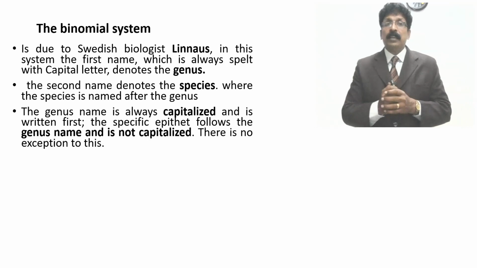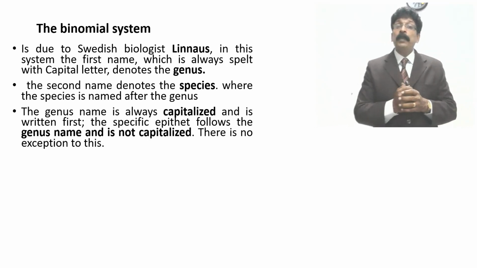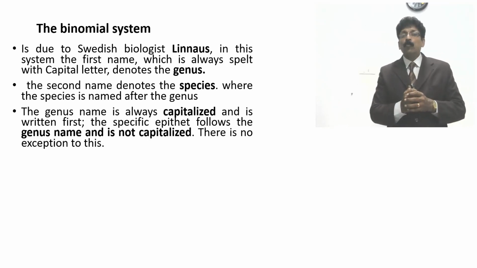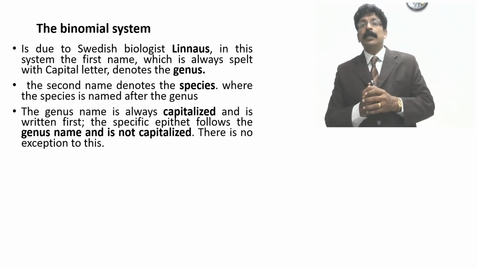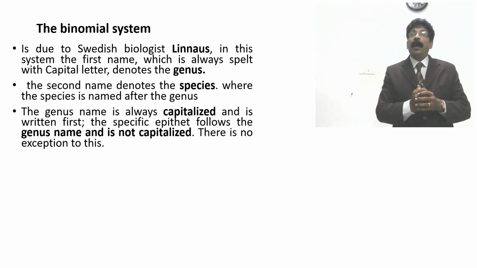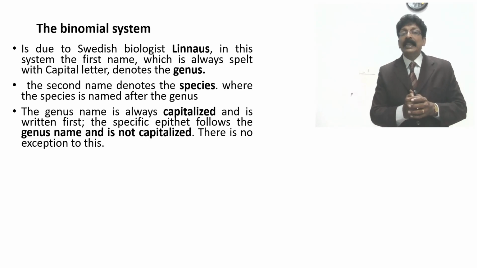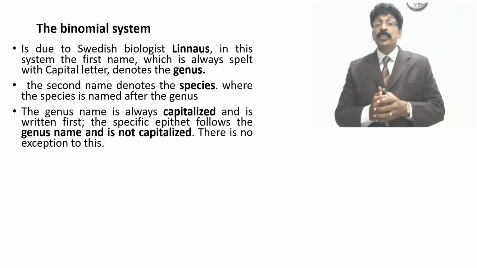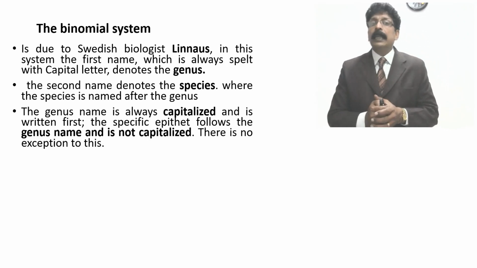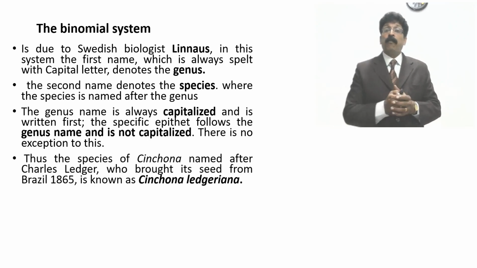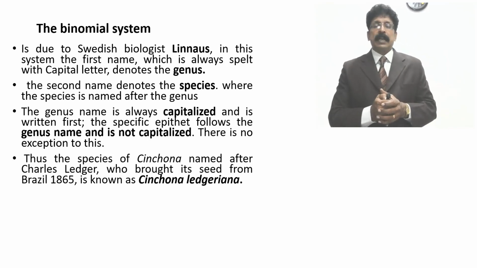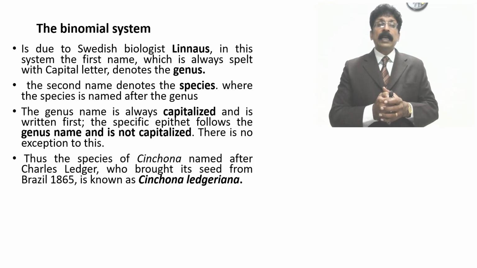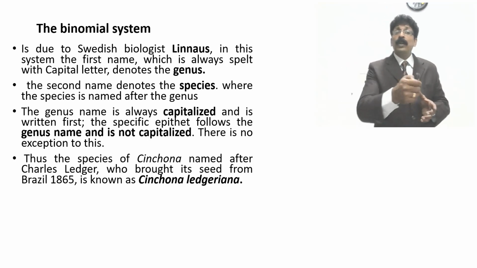So this is the binomial system: how to write the genus with the capital starting letter, and the species, the second name, will come with the small letter, not capitalized. There should not be any compromise in this writing of botanical source or biological source of a crude drug. Thus, the species of Cinchona,